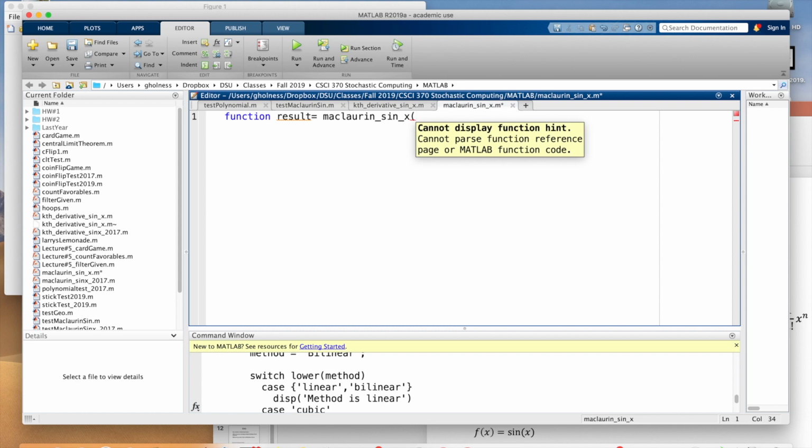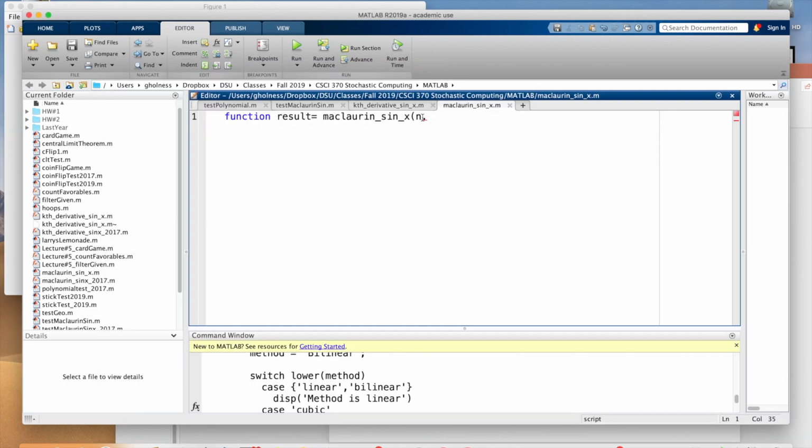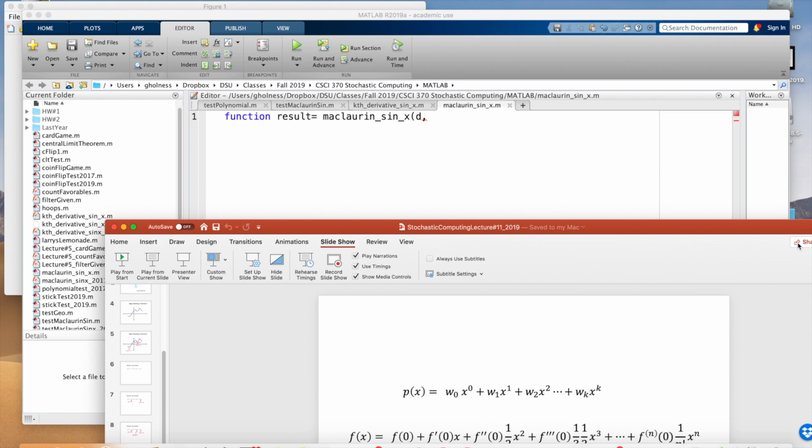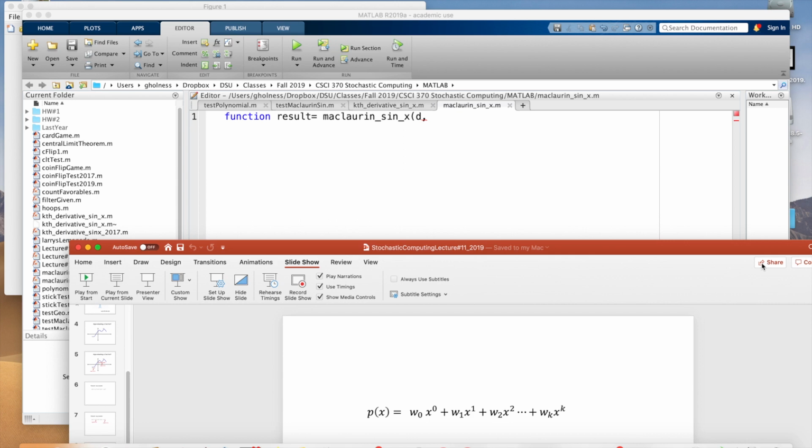It's going to take n, the number of terms in the Maclaurin series. If I have a polynomial, remember that the Maclaurin series is nothing more than a polynomial, and I need to know what's the highest order of that polynomial. Let me call it D instead of N, just to make it a little different. So it's going to be a Dth order polynomial. D is going to be 0, 1, 2, 3, 4, 5, 6, 7, up to and including D. And that D is going to tell me how many terms I have in the Maclaurin series, which is the same as saying what is the highest power in my polynomial.